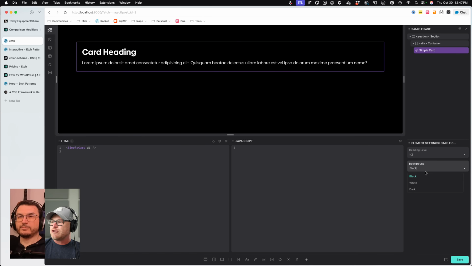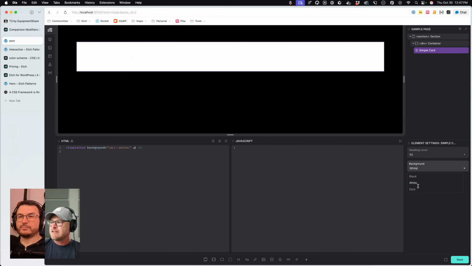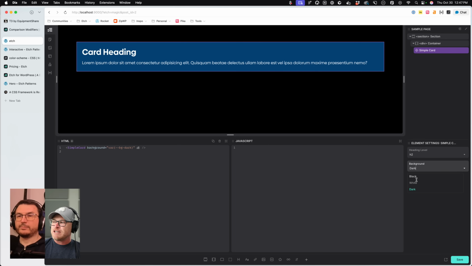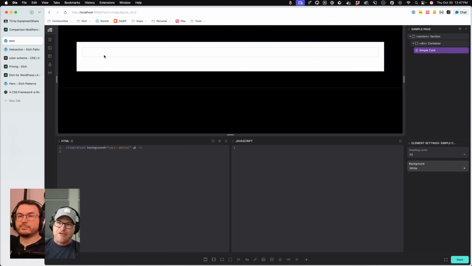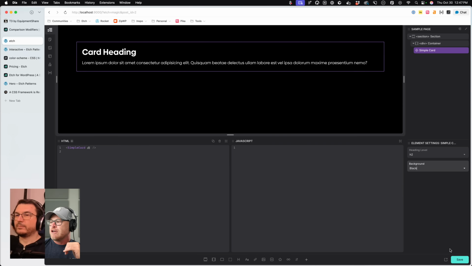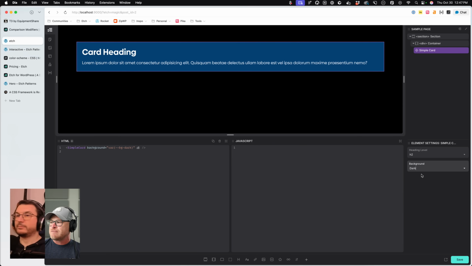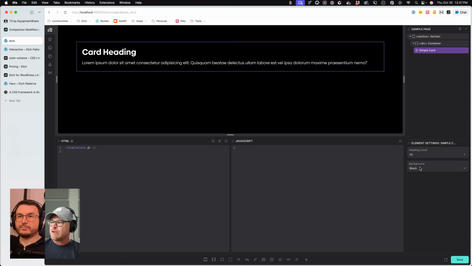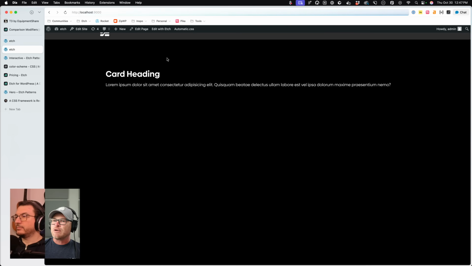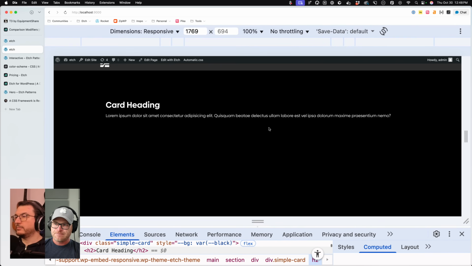One thing that we should do first is just go check. Yes, it does. Now, this is why you don't want to just give people the option of changing the background, because it doesn't help them very much. You would want to create some semblance of a style where it's like, hey, if they choose base, it's going to do this to the background and foreground. If they choose white, it's going to do this to the background and foreground, and so on and so forth. All right, but I won't do the default. I'll do black. I won't like the BG dark that was the default previously, because I want to show you on the front end what this does.